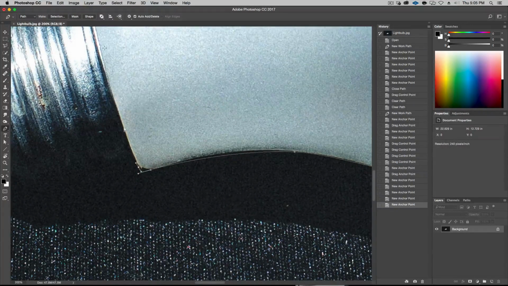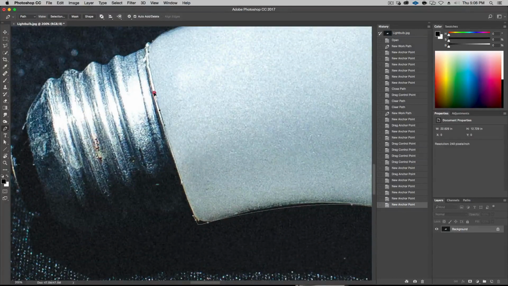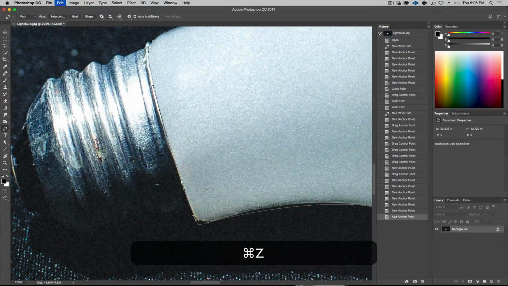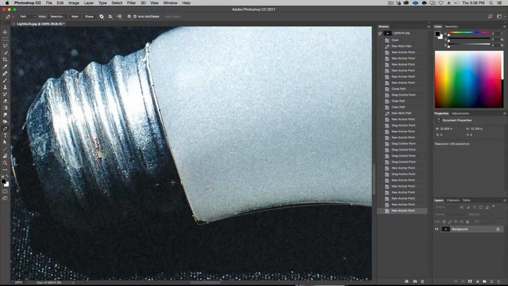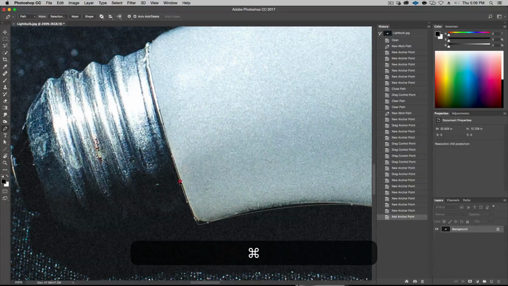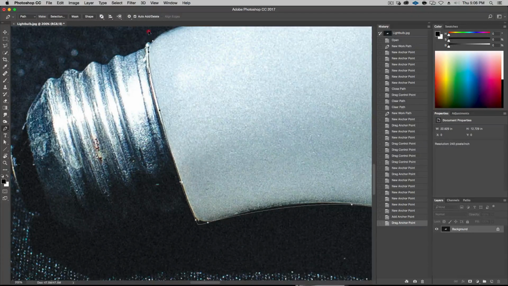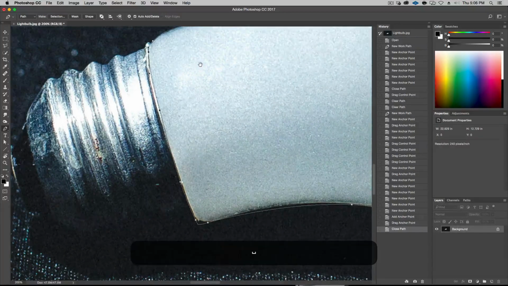Something like this. All right, and in here, try to be kind of on it. See here, I was missing. I want to put another point here just by dragging it over. You see the little plus, click it, and then I can move that point. So that's nice. And just close the loop by clicking on the last one. You'll get a little circle that shows up there.